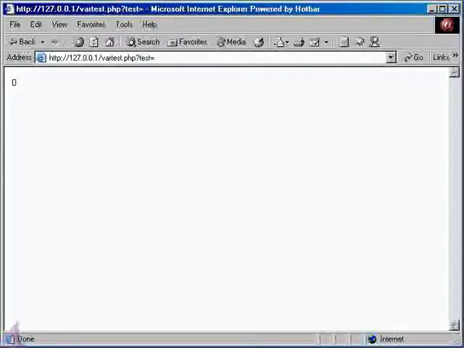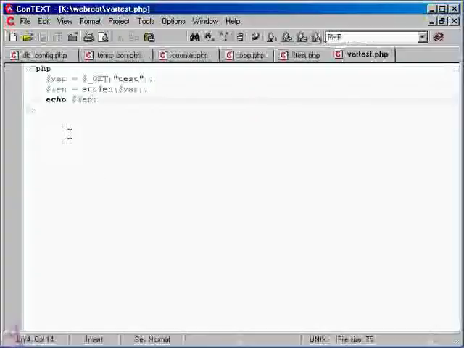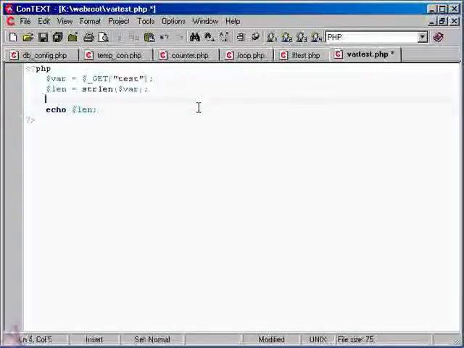You just said something that's really critical to a new programmer. We need to check something. Right. So this kind of brings us back to the last lesson. We need to use an if statement to check the length of whatever's been sent in. Right. So instead of immediately echoing len, we could go a line above it, and instead of immediately echoing, we could do if